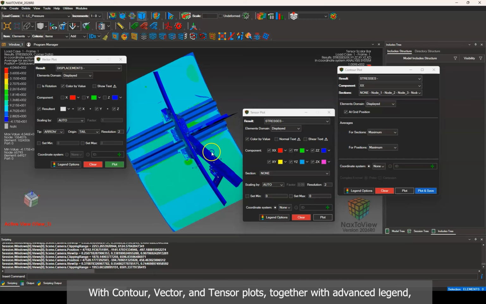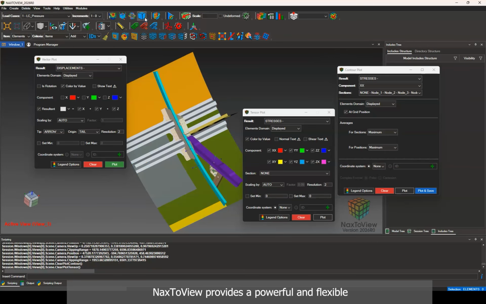With contour, vector, and tensor plots, together with advanced legend, NaxToView provides a powerful and flexible environment for post-processing and